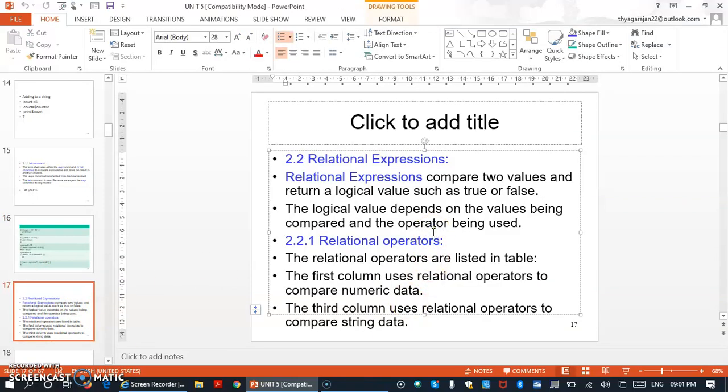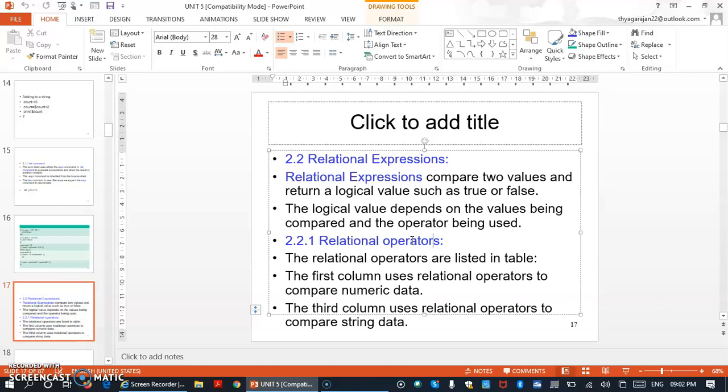Coming to another example, the relational expression. A relational expression compares two values and returns a logical value, such as true or false. So two values will be compared and we get a result, meaning that by comparing we expect the expression to be true or false.